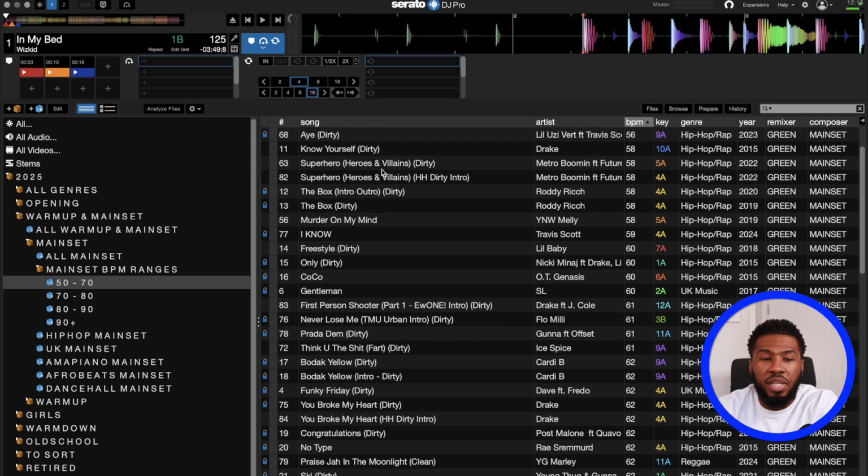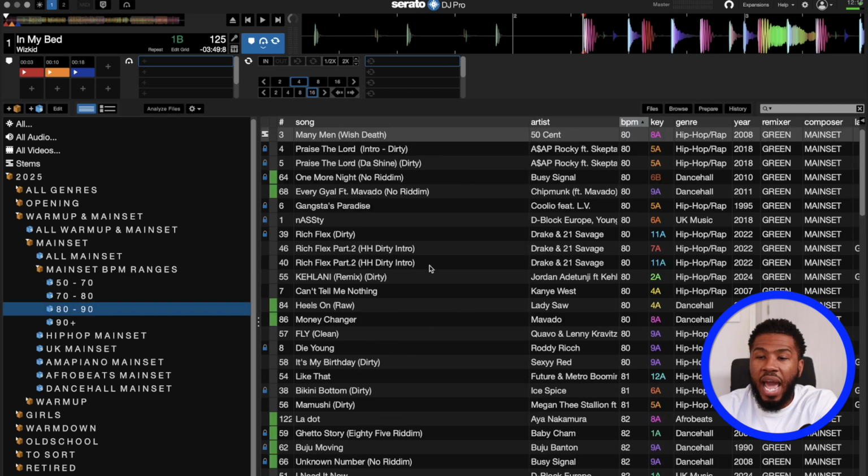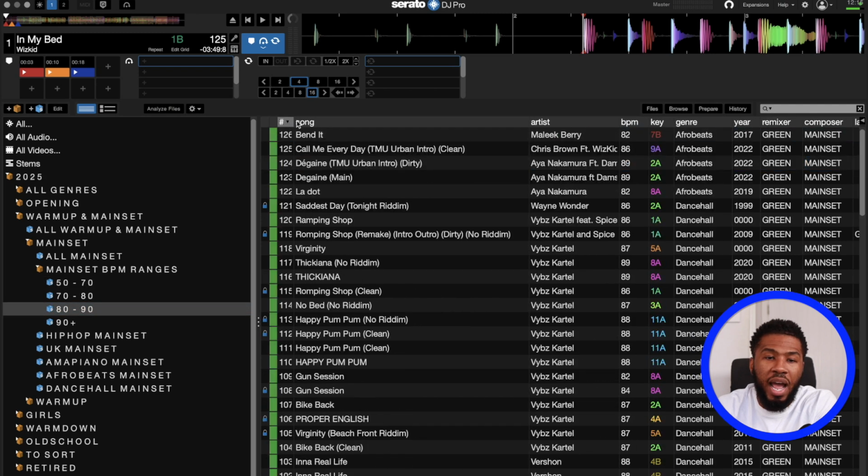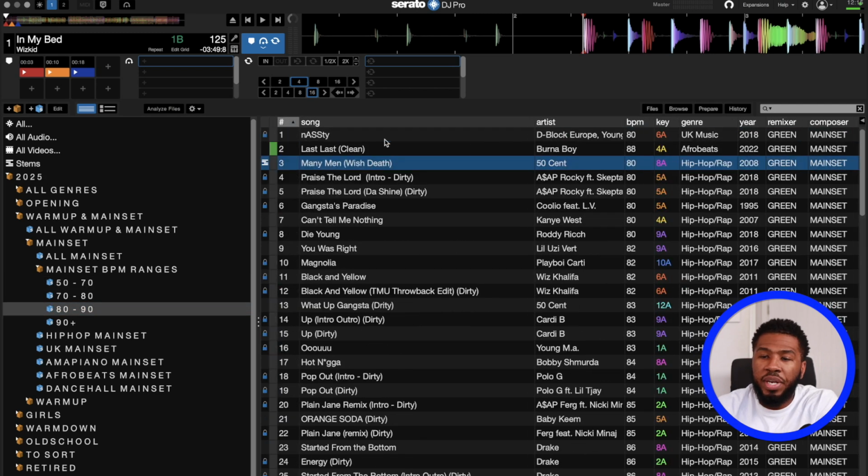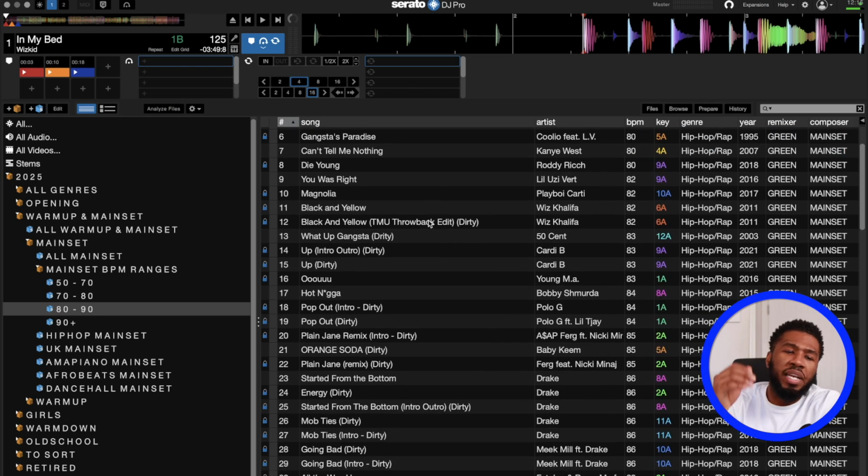And also, these BPM crates are so good because, say for example, I go into, I don't know, 80 to 90. Let me see how many tracks I have in here. I have 126 tracks in here. I can go in here and be like, you know what, I need to get some more 80 to 90 tracks because I need to make my set a bit better or change it up. So I can then go to my record pool. I can search for tracks with the BPM range 80 to 90